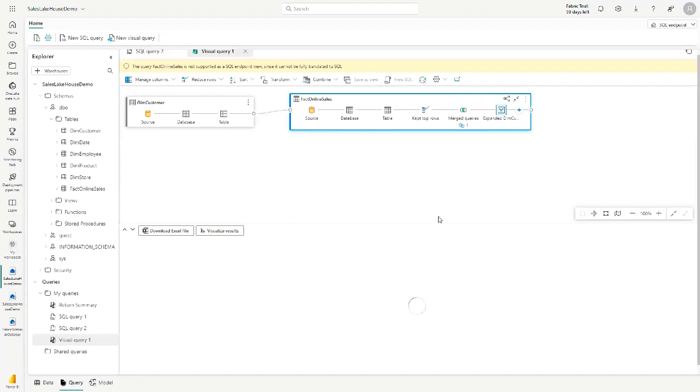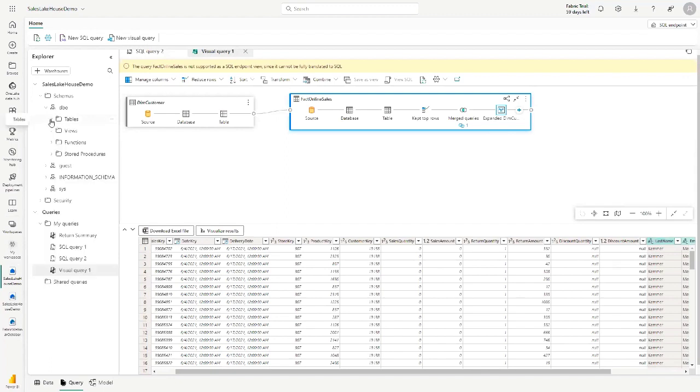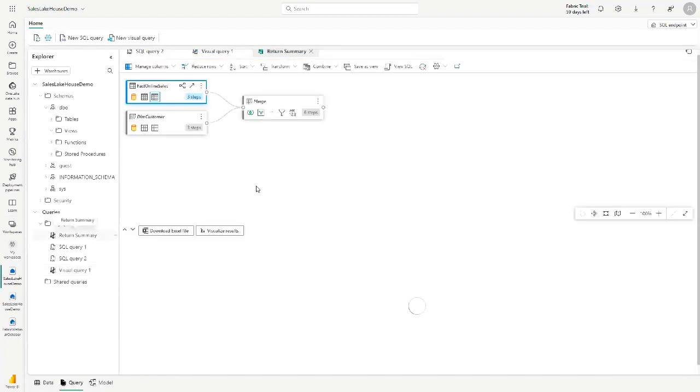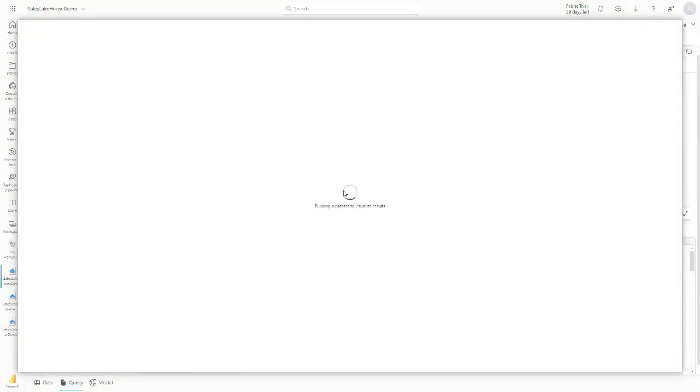Now, here's the nice thing. I can actually save this if I wanted to. I can save this as a view. I can save these so that I can come back to them later. Here's one that's basically what I just did, but all finished. And again, I could visualize the results. Now let's see if it lets me this time or if it yells at me again. It might yell at me again.